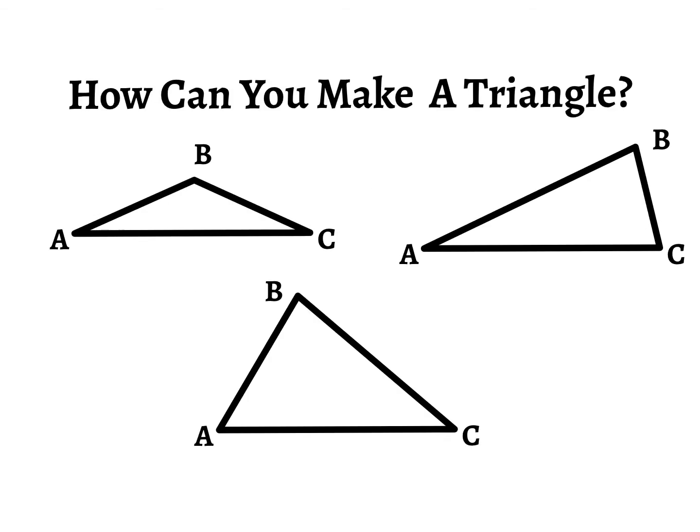So back in the day, people questioned this to themselves. They asked, how can I make a triangle? And making a triangle is not very difficult. You just connect three sides together, and you make three corners, and in the end you'll have three angles, which makes a triangle. But the question was not how to make a triangle, but how do you build one with dimensions, with its lengths? Can I just put any numbers and make a triangle? 3, 4, 5. Could I connect those and make a triangle? 10, 8, and 7. The question here was, can I just choose any three numbers